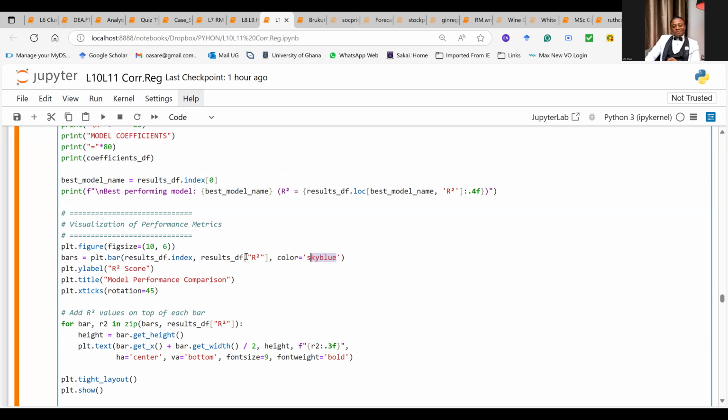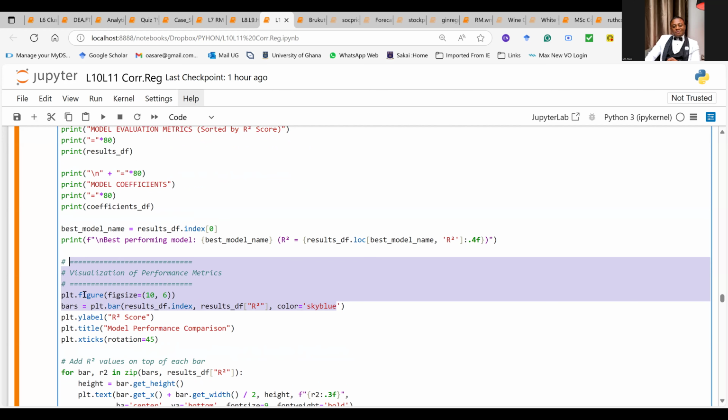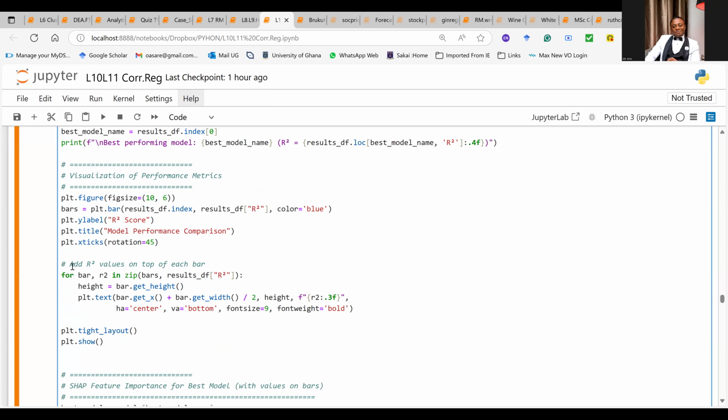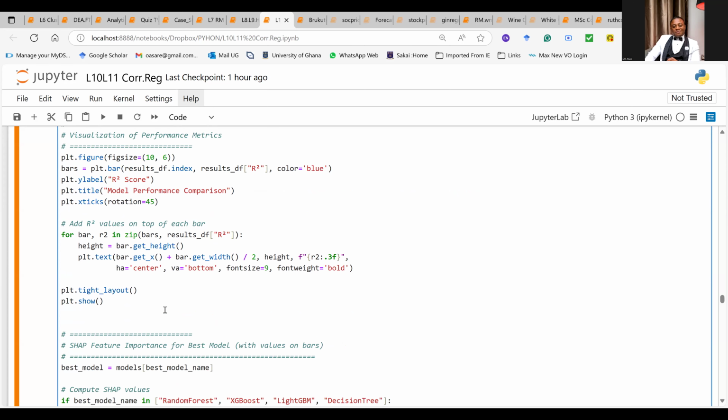I want you to rank which variable is the best variable, which feature is the most important feature. I want the color to be sky blue, or let's make it blue. And then I want you to add the names, because when you submit this in a thesis or a journal, it's beautiful. Add the names on top of each of the bars based on the R square. Add the number, the R square value. So if the R square value is 50%, just put that for that one. And then plot the graph for me.